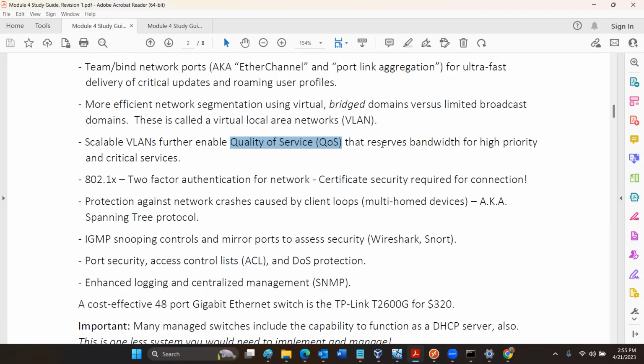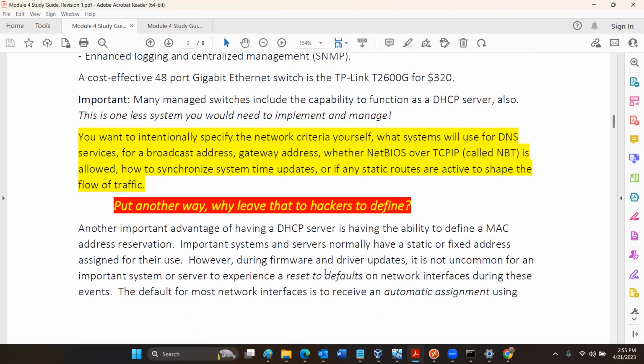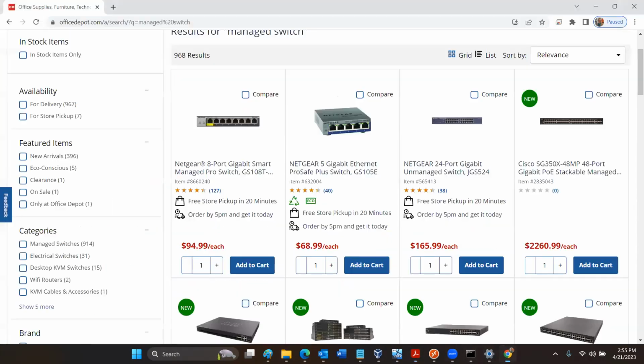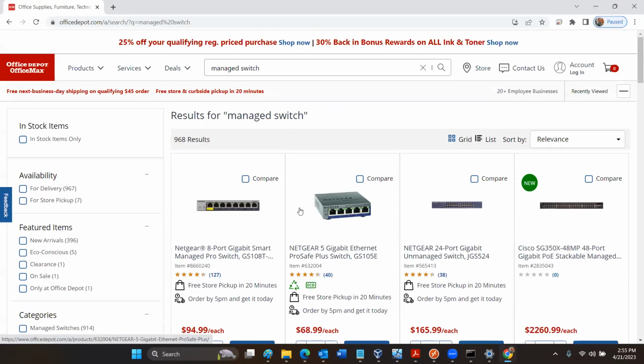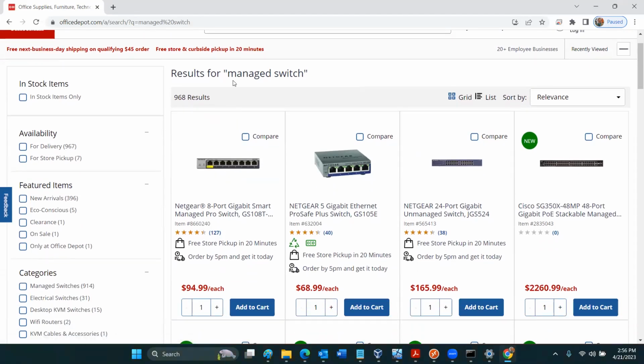I want my telephones to have better quality because if the network's hosed because some hacker is on my web server, I still want to be able to call 911. These are really important to understand, but most people are trying to save a few bucks. And when they go online, they'll just get the cheapest thing. And cheap is okay, so long as it has the word managed in the mix, okay?